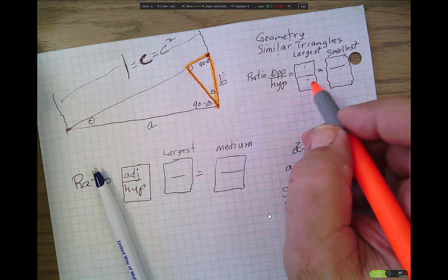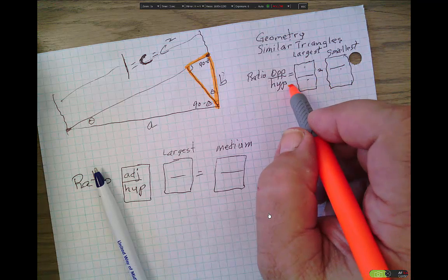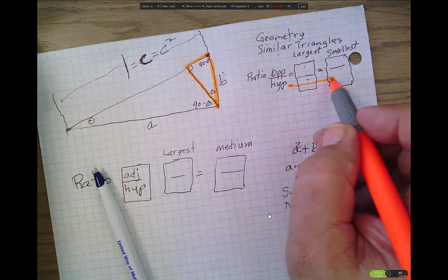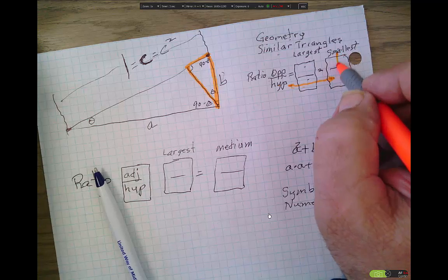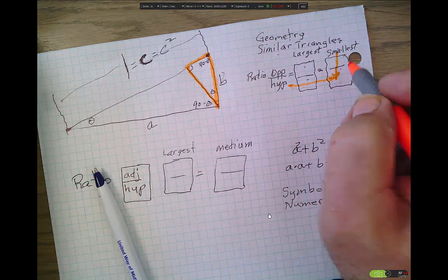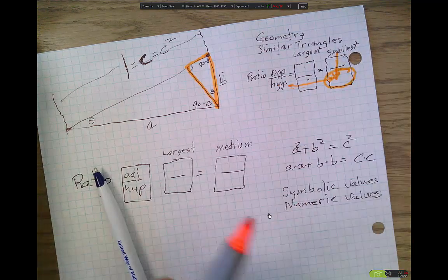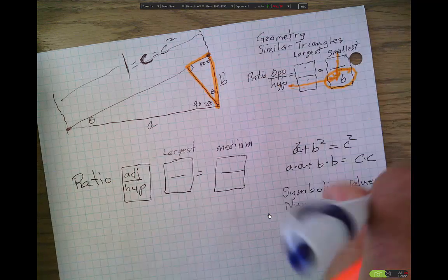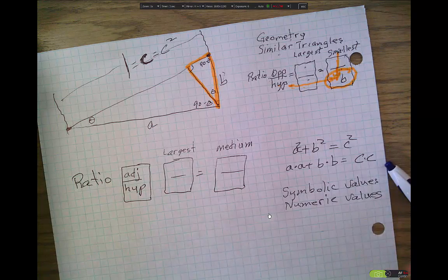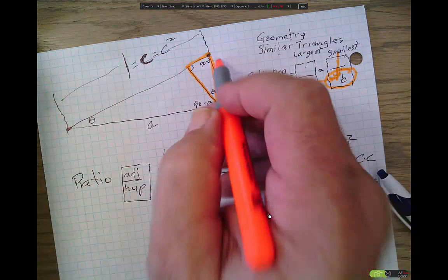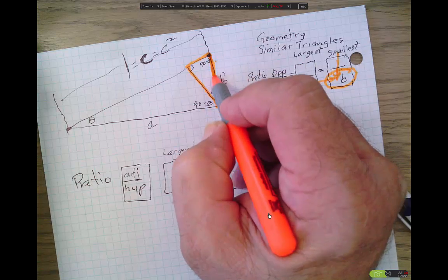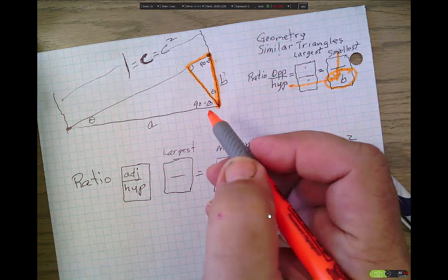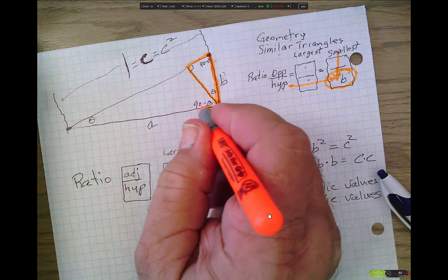The hypotenuse of the smallest triangle would go here, and we can see that the symbolic value for that is B. And the special thing going on with this side is that it also is, and I'm going to draw this with a thin line,